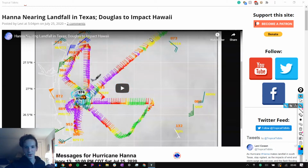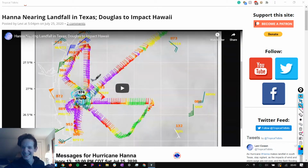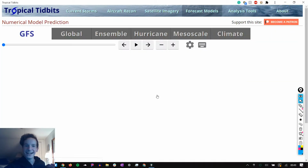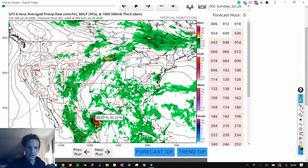Joe mentioned to me earlier in the stream that they were literally doing doodles, and look at this. They literally went up, in, up, back, around, back, through. What kind of shape is that? That's the last recon pass. Oh my gosh. Yeah. So the forecast for Hanna at this point is for